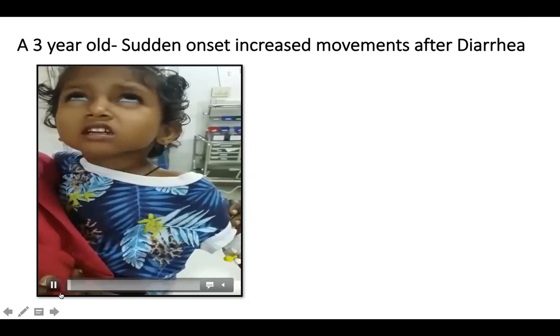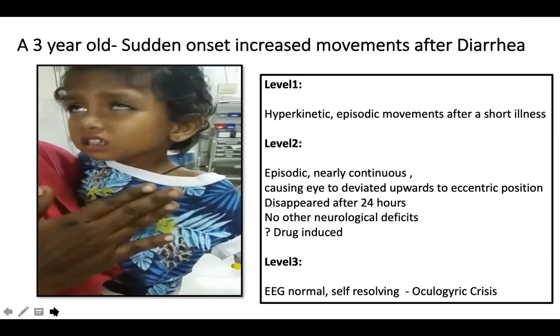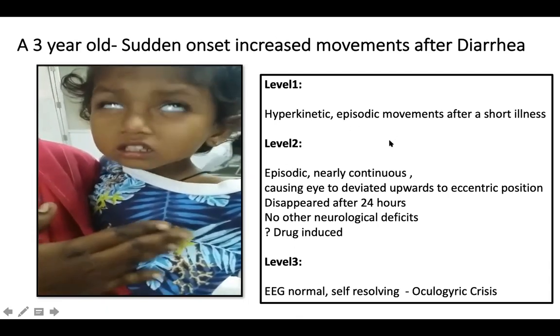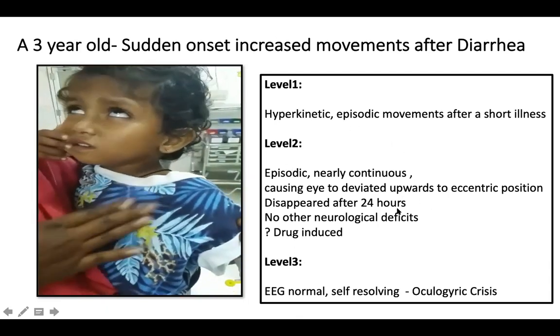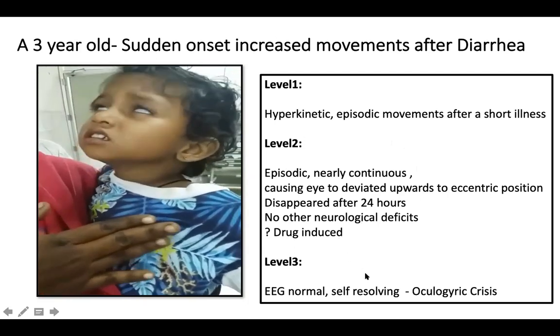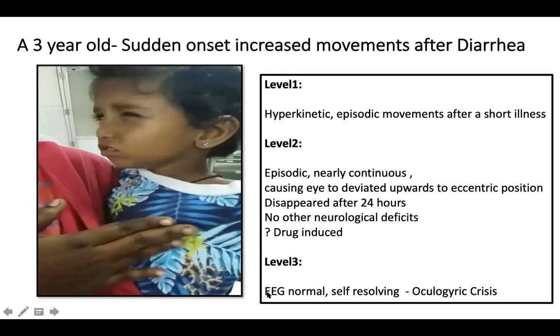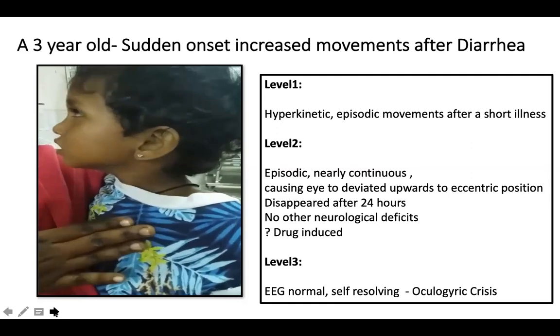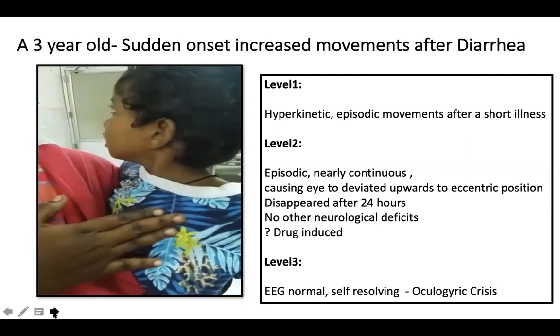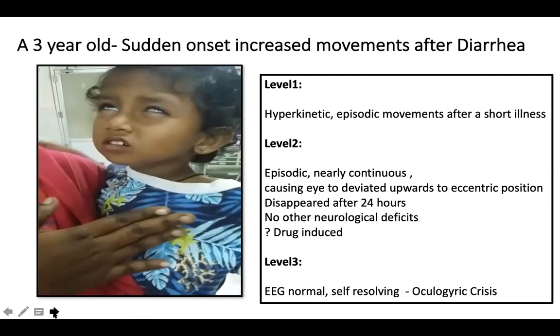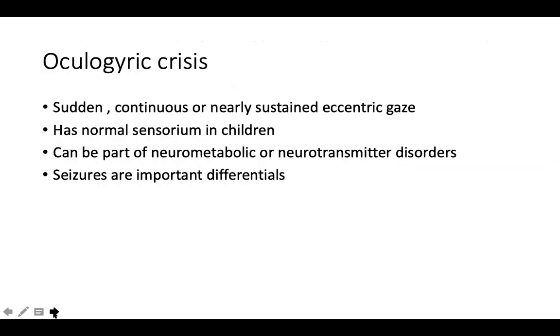This is nothing but an oculogyric crisis. So this is hyperkinetic episodic eye movements after a short illness to an eccentric position, which disappeared after 24 hours. This is because of a drug like metoclopramide. So it's a hyperkinetic movement disorder where the eyes get sustained either upward or laterally, and persistently, where the child becomes irritable. So an oculogyric crisis can have a sudden, continuous or nearly sustained eccentric gaze with a normal